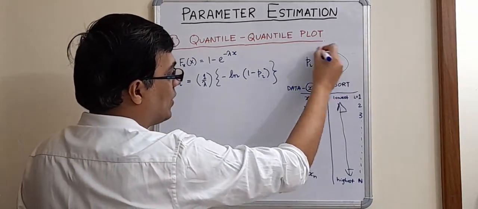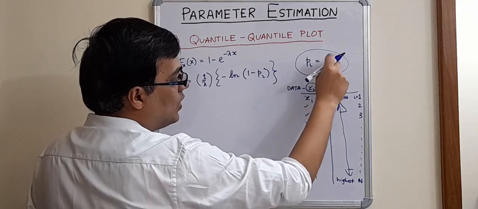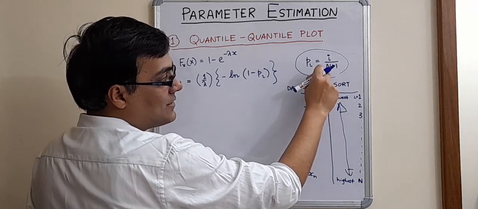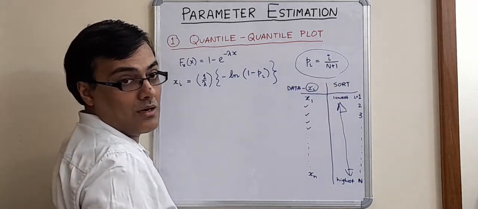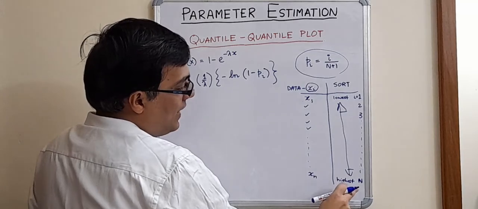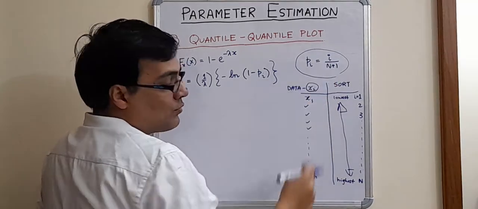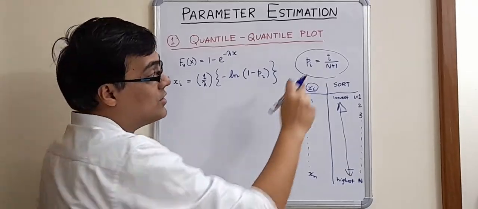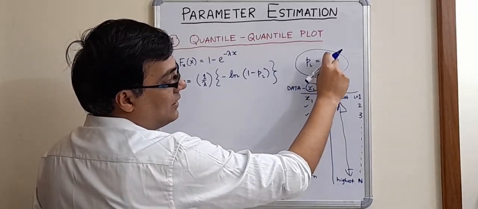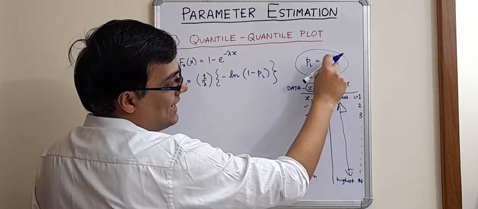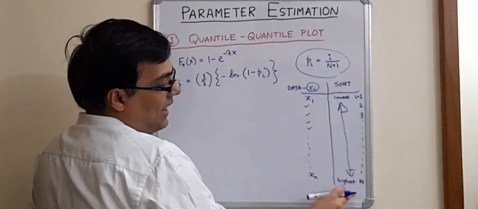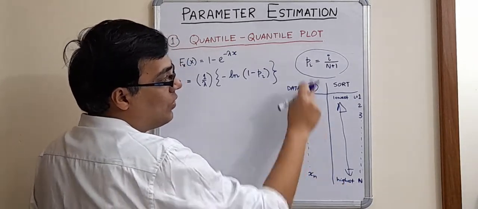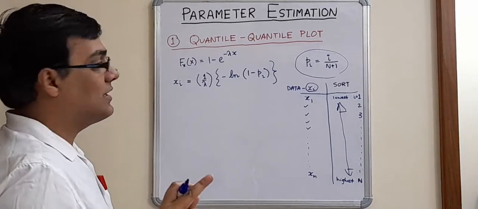And then you apply the formula pi is equal to i by capital N plus 1. Why capital N plus 1? This ensures that you don't get a probability of 1, because when i is equal to n, n by n would make the probability 1. You have to avoid probabilities of 1. Now that's a very dangerous situation. So in order to avoid that, the probabilities are found as i by n plus 1. The probability corresponding to the largest or highest value will be pretty close to 1 but not exactly equal to 1.